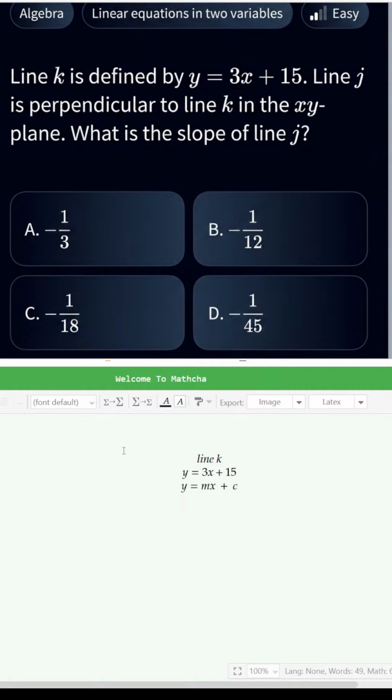Comparing the terms, we can say that m here, which is the slope, is equal to 3, and the y-intercept is 15, which is c. Now for perpendicular lines, if the two lines are perpendicular, then the product of their slopes m1 and m2 will be equal to -1. So here m2